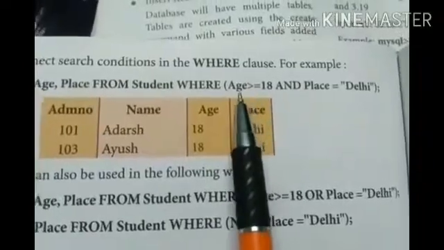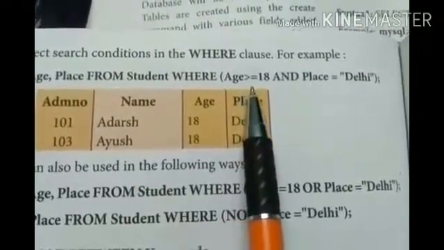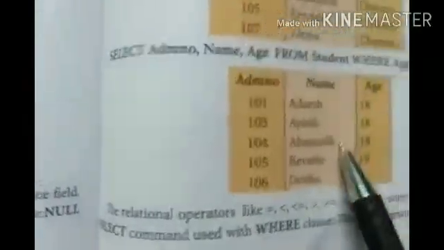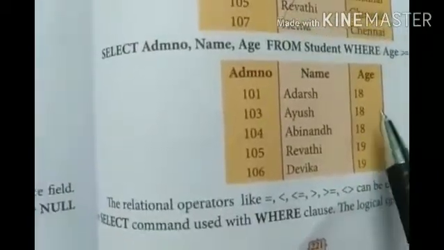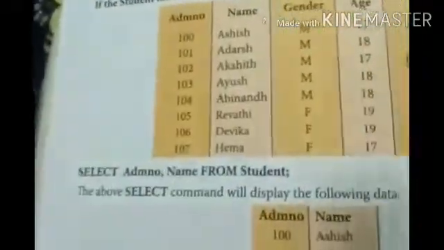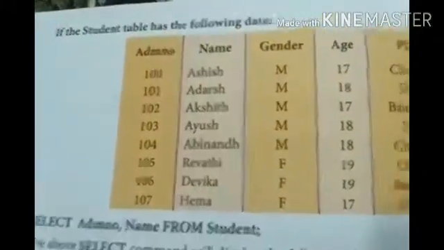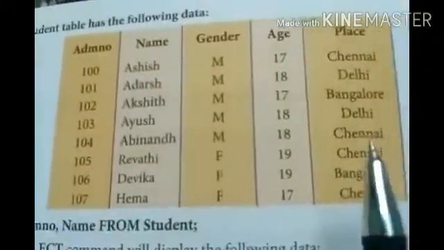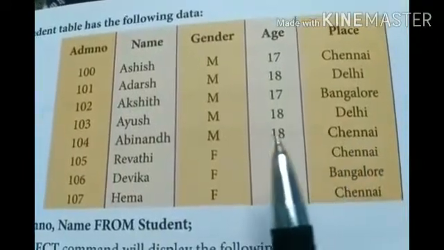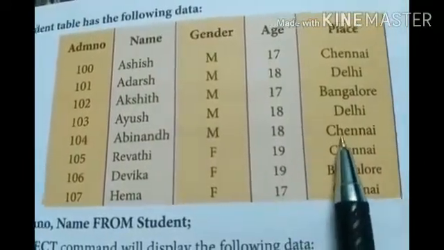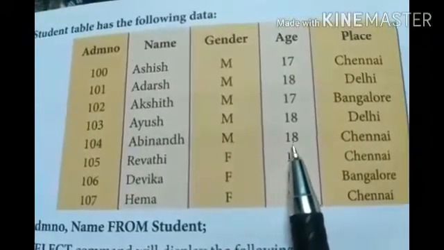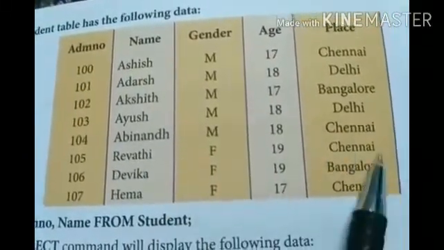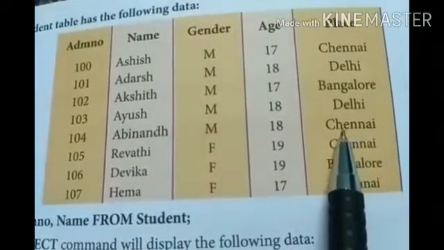Here, first we used the condition age is greater than or equal to 18, so 5 records got satisfied. Among these 5 records, we look for those who have the age above or equal to 18 and also the place value equal to Chennai. Just see here, place is equal to Chennai and age is greater than or equal to 18. So the Abhinand record gets satisfied for the 2 conditions.